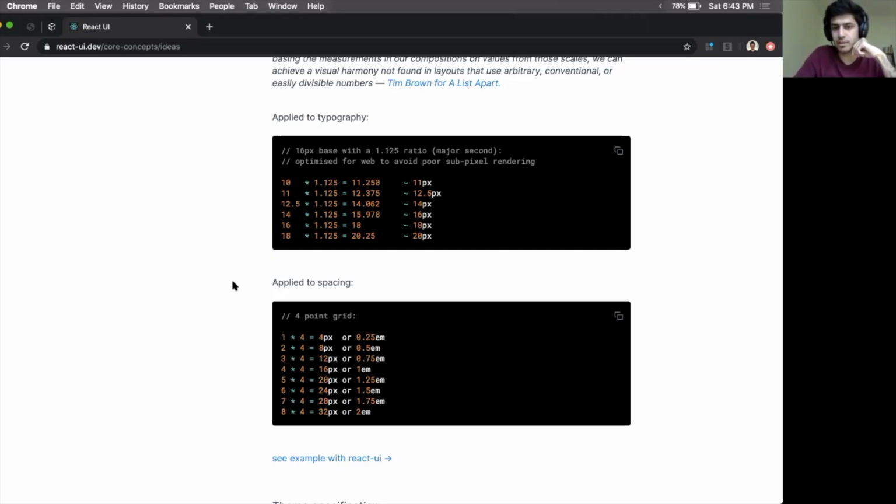So then it's useful to declare a token, and you can have a token which is just the color of red that you choose, or you can name something like this is my destructive background, this is my destructive foreground, and then all of the components that are destructive use the same token. So it helps you give a consistent vibe to your entire application. That's the concept of design tokens.